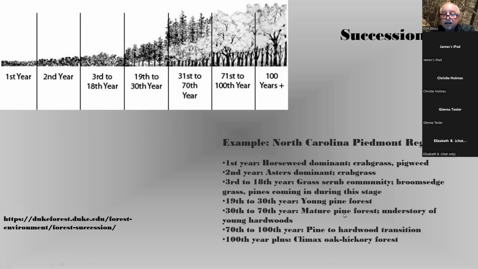And then little by little, a transition begins to happen. In the 70th to 100th years, pine transitions to deciduous, to hardwoods. And then from the 100th year on, it's called a climax, and it turns into this oak hickory forest